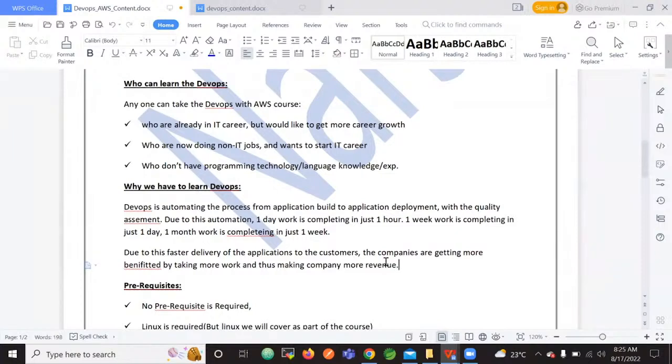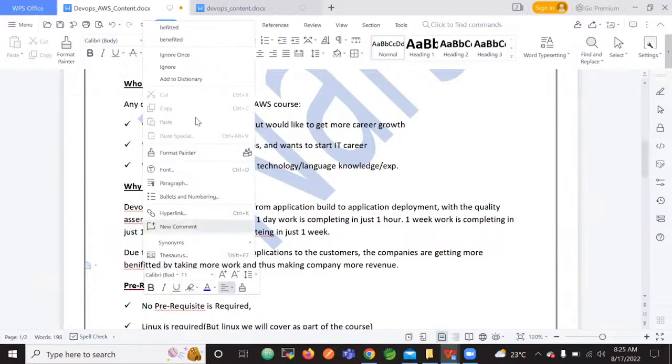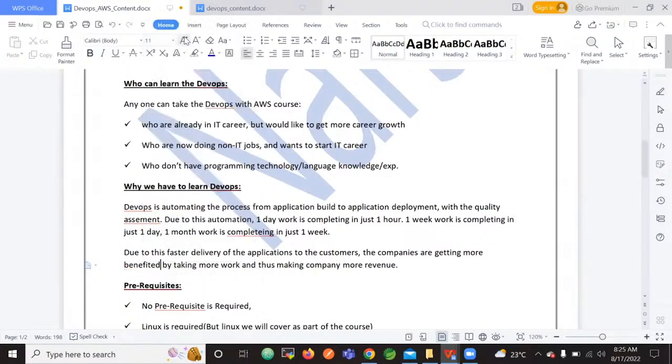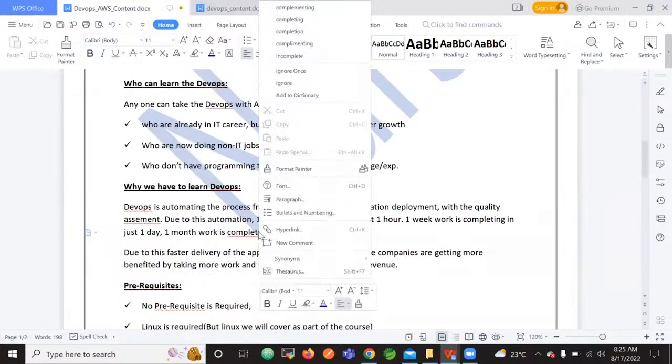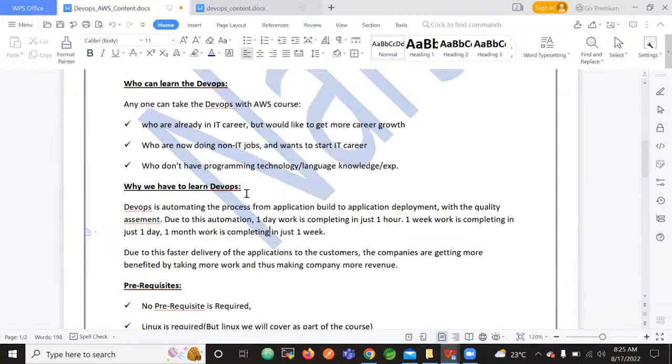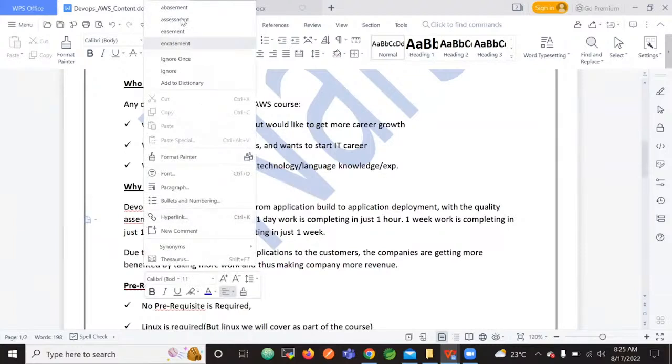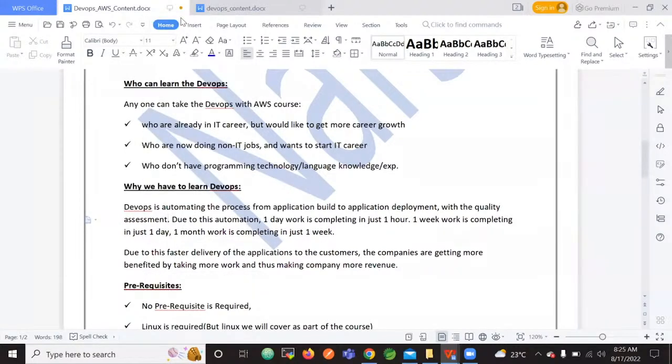You got it, na? Because 1 day means 8 hours. 8 hours of work we are completing in just 1 hour. What about the remaining 7 hours? We'll get new work for those 7 hours. For that new work, we'll get more money, isn't it? We'll get more money. So that is the reason